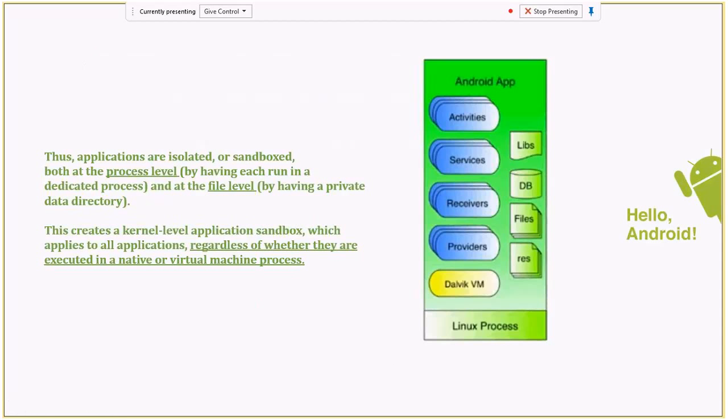To close this topic: each app runs in a sandbox. The Android app components we talked about first, activities, services, broadcast receivers, and content providers, plus the Dalvik VM and all the resources, are inside this process. No other app gets access to these resources by default, unless you make two apps run in the same process.